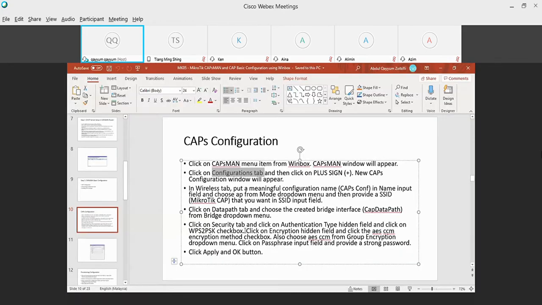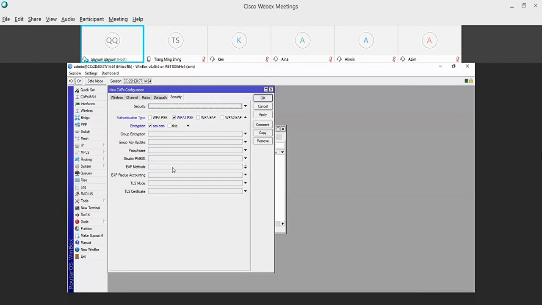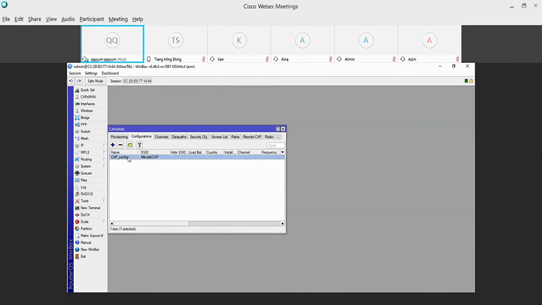The passphrase is the password for the security. For example, let me put ABCD1234. Then apply. So this is the CAP configuration that will be applied to all of your CAPs later.